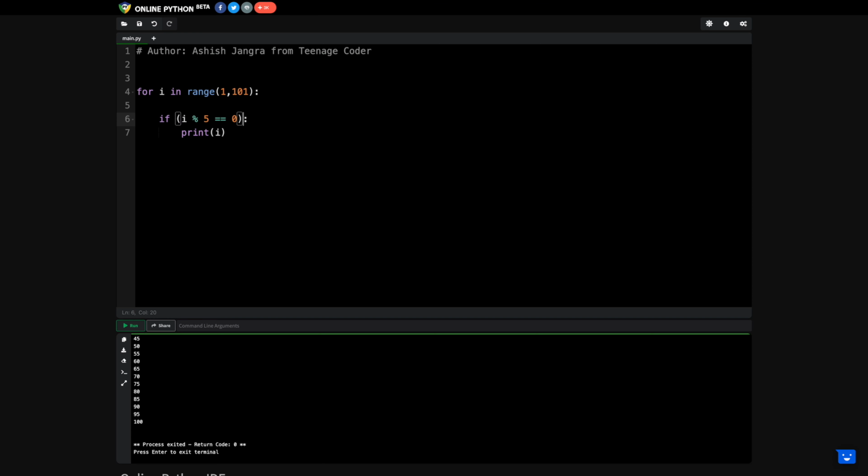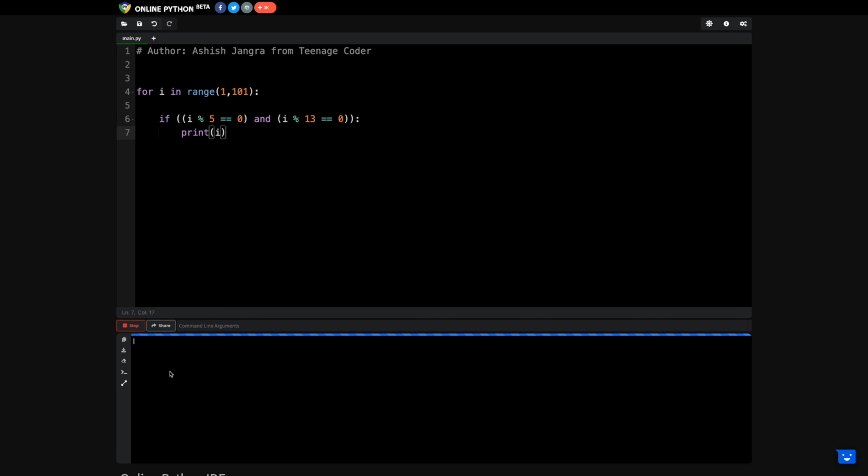Okay, and because I want to add one more condition, with an and, I'm writing that if I'm dividing that number by 13, it is also completely divisible. That means I'm writing two conditions. The number should be completely divisible by 5 as well as 13. Only in that case I will print that particular number. And if I'm executing it, here you can see we are having only one such number, and that is 65. We are having only one number, that is 65, which is divisible by 5 as well as 13, right?